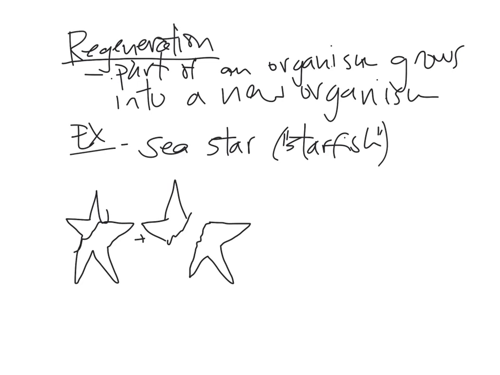And then what can happen is, over time, this piece will start to grow new tentacles, and then this piece will start to grow new tentacles. And notice they grow back smaller. They're kind of out of proportion after that. But these are genetically identical. So we've taken one organism and actually cut it in half, and two organisms result.